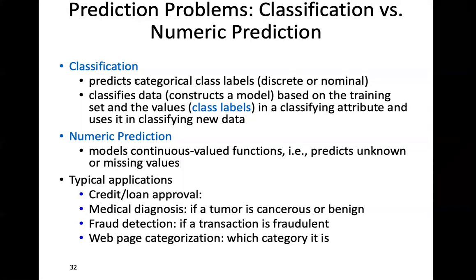But classification is extremely useful, and as you can see, it is very useful for credit card approvals, loan approvals, medical diagnosis to diagnose tumor or cancer, fraud detection, and web page categorization and ranking. All of Google search depends upon web page categorization and ranking. Google has a proprietary method which they will not disclose to anyone, and that is what they use to classify the pages and index them.